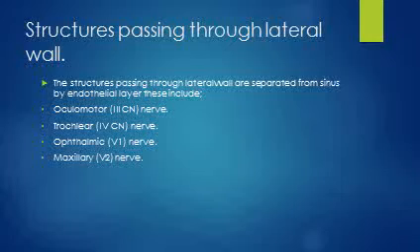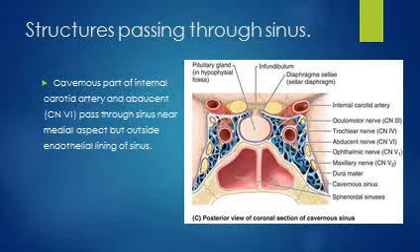They pass through lateral wall of the cavernous sinus. Oculomotor nerve, trochlear nerve, ophthalmic division, maxillary division. These structures pass through lateral wall of the cavernous sinus, while internal carotid artery